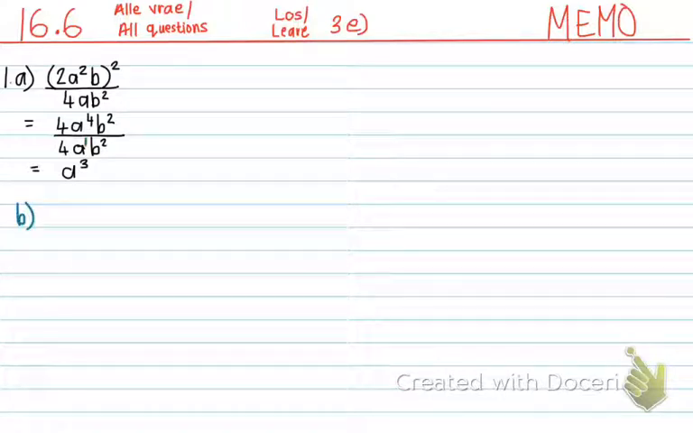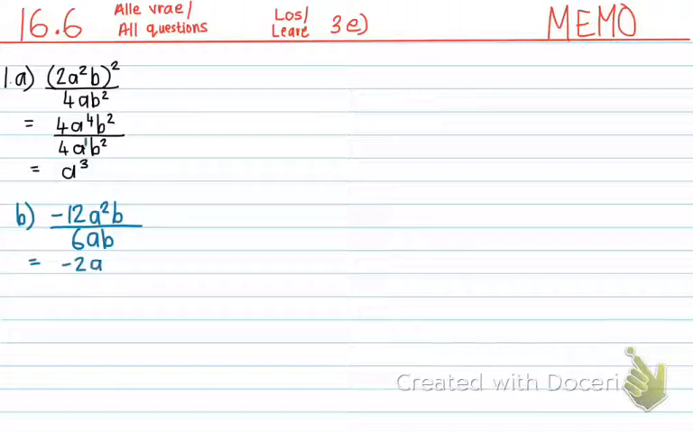Next, in number B, we have negative 12a squared b over 6ab. Okay, we are going to divide. Negative 12 divided by 6 is negative 2. Subtract the exponents. A squared minus 1 is just a, and the b's cancel out. So the answer is just negative 2a. Number C,